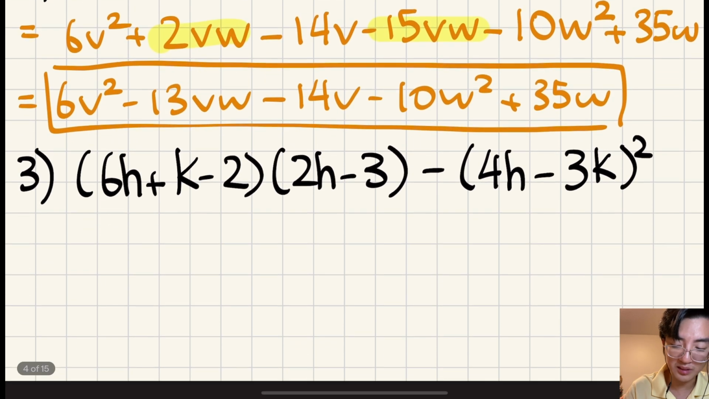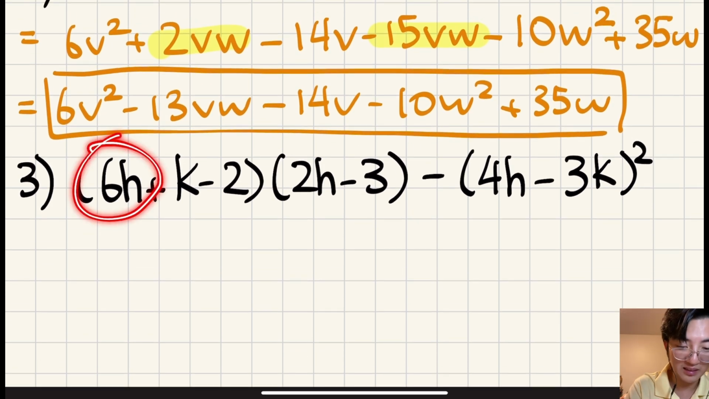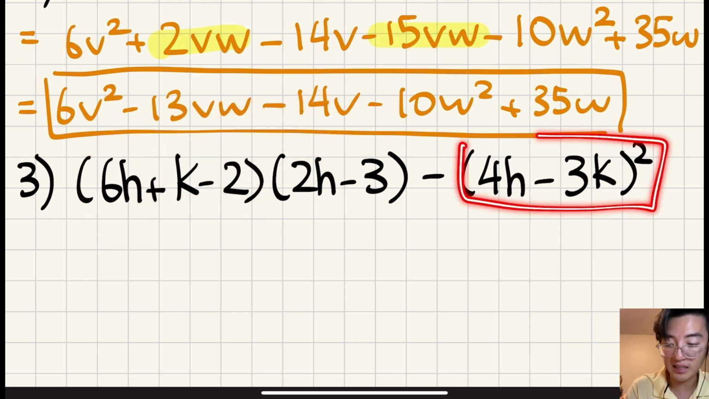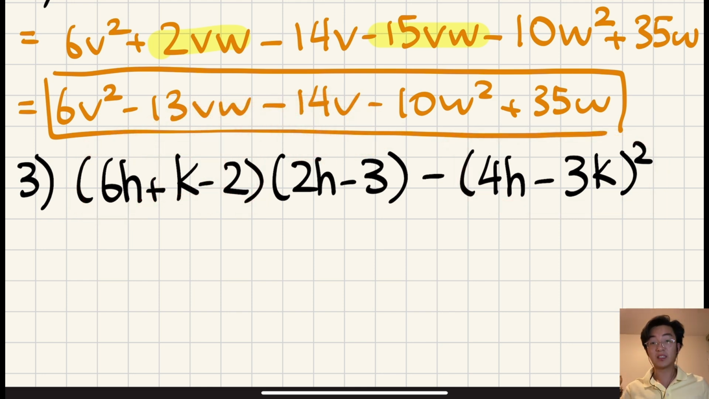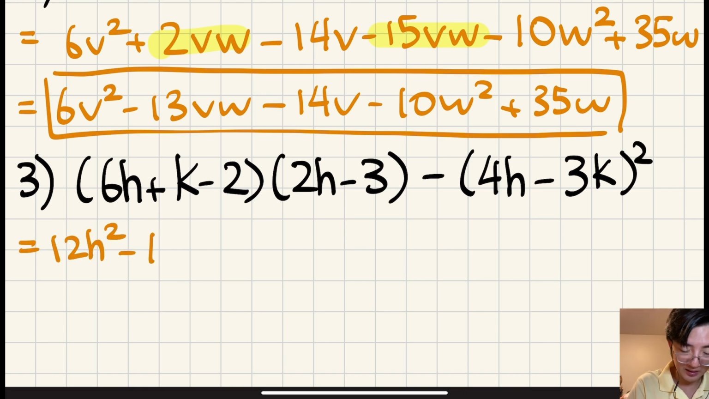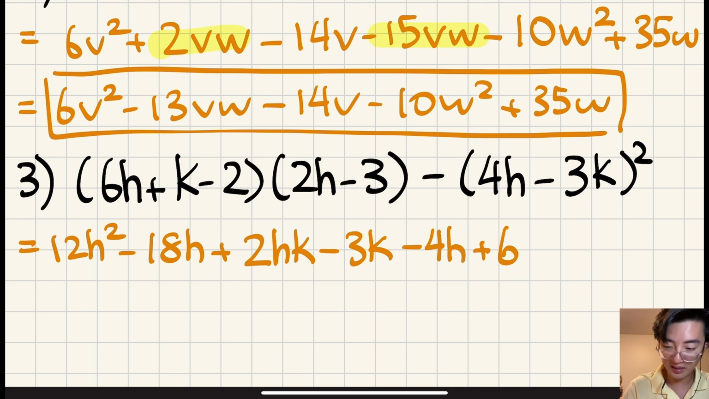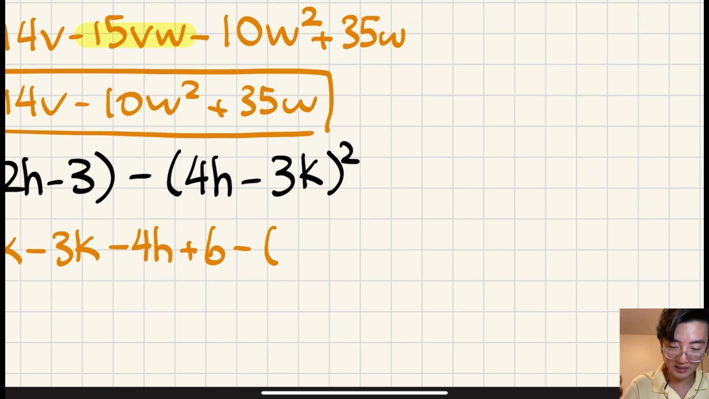Okay, so here's another complicated one. Plan: this term times this term times this term. Then this term, and then next term times that, while we expand this to be 4h minus 3k times 4h minus 3k. So you have 12h squared minus 18h plus 2hk minus 3k minus 4h plus 6 minus, in the bracket,